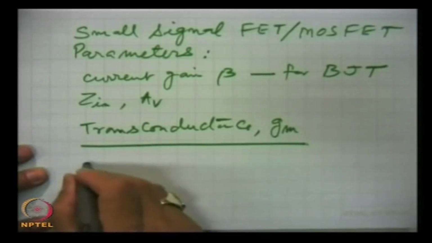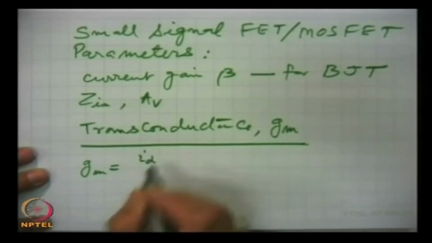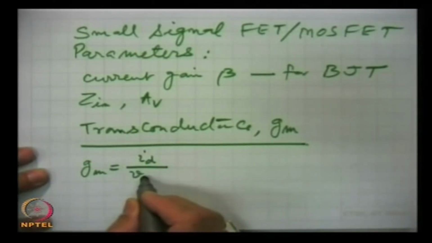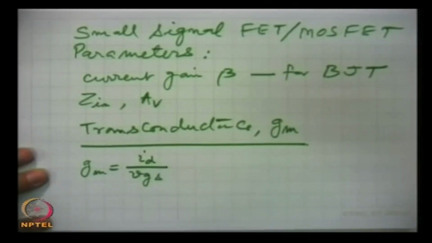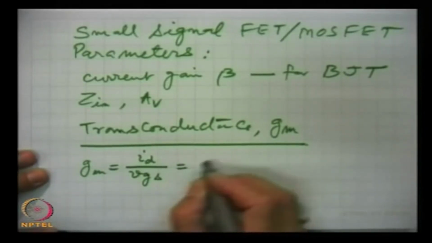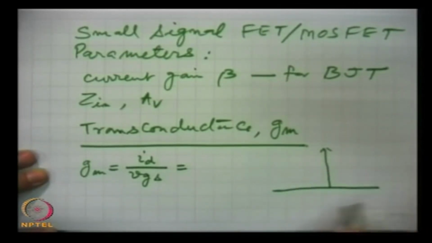This is defined as, because we will be concerned with the AC operation of the device, so we can define the AC drain current by AC. So, when on the Q point we superimpose the signal, what is ID and VGS, the ratio of the two, which can be shown equal to, let us see, first for a FET, the JFET,